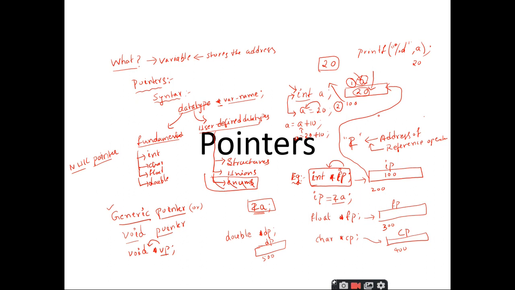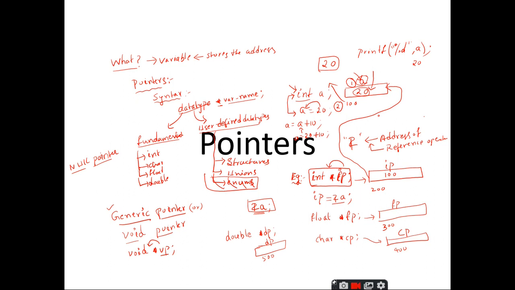But sometimes the programmer does not find any valid address to initialize the declared pointer with. In such a case, when the programmer does not have a valid address to store inside the pointer, he can initialize such pointers to a special address called the null address.